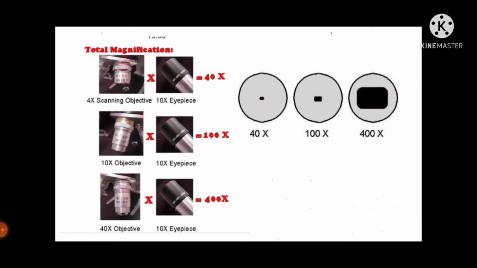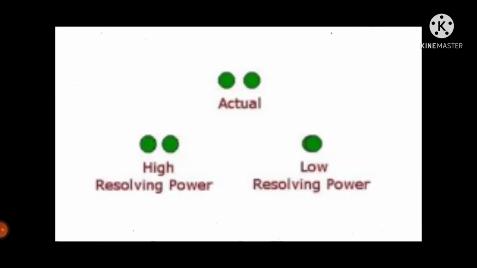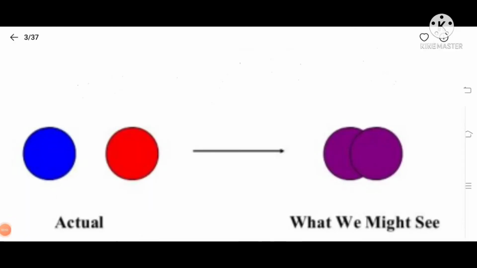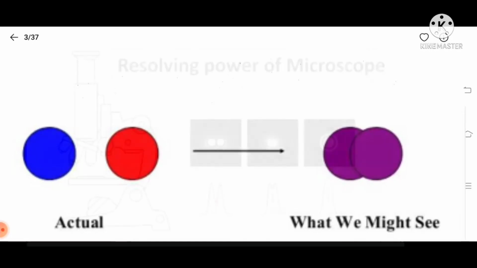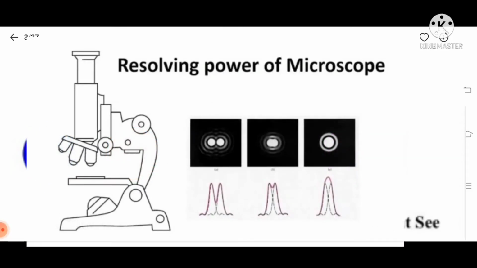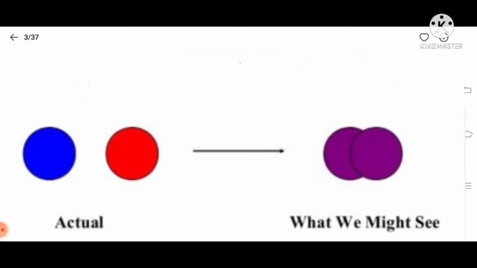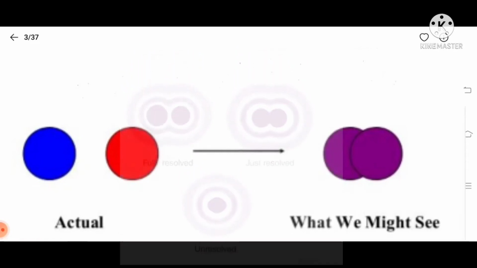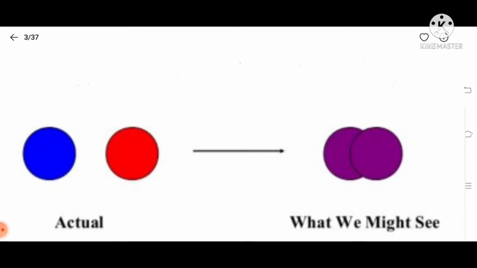The magnifying power of a microscope is its ability to show an enlarged or magnified view of an object to the eye. The resolving power, on the other hand, represents the ability of the microscope to show the fine details in the object to the eye. When two objects are very close together, they may appear as one, and when viewed through the microscope, they may not appear as two separate objects. However, these two objects can be seen as separate, or in other words, the two objects are just resolved, if the microscope used is of high resolving power.